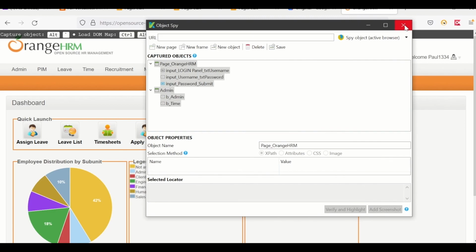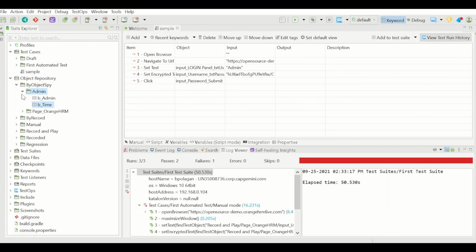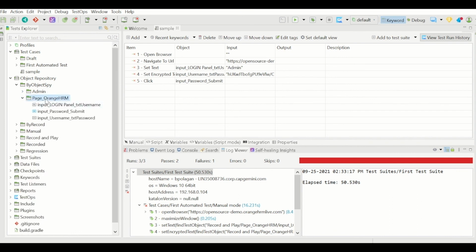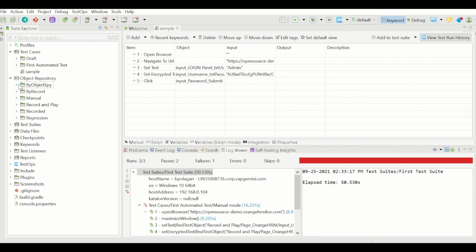We can go back to Katalon Studio and see it is there. See, the by objects by folder is created. Under this folder, I have another folder admin, which is maintaining my admin page objects. And for the first login page, I have these three objects. So this is the second way to create objects in the object repository.